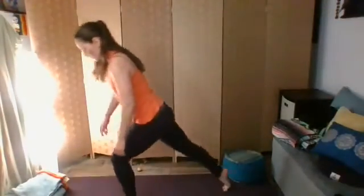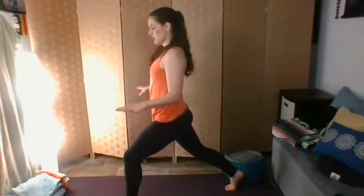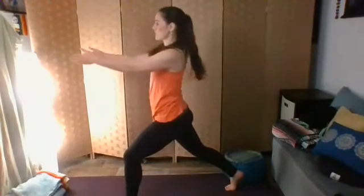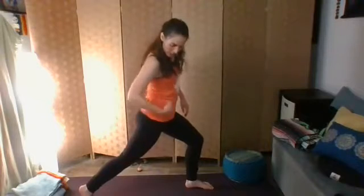Option one is going to be a high lunge with a relatively short stance. So you can use a wall or a chair to help brace your balance. Your feet are going to be about hips width apart, toes pointed forward. And this stretch you'll feel